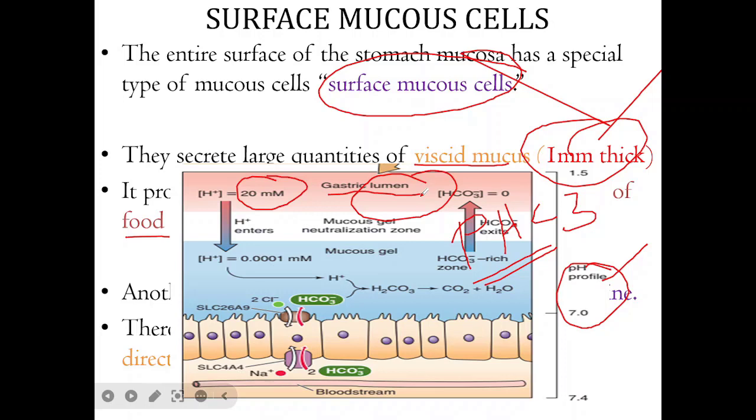But you see, when you look at the bicarbonate, it is almost zero in the luminal part. However, this hydrochloric acid does not reach the layer of our stomach. Why? Because of the mucus gel. You see, this thick mucus gel is important to neutralize the acid when it enters through the mucus gel. When hydrochloric acid enters, the pH at the luminal part